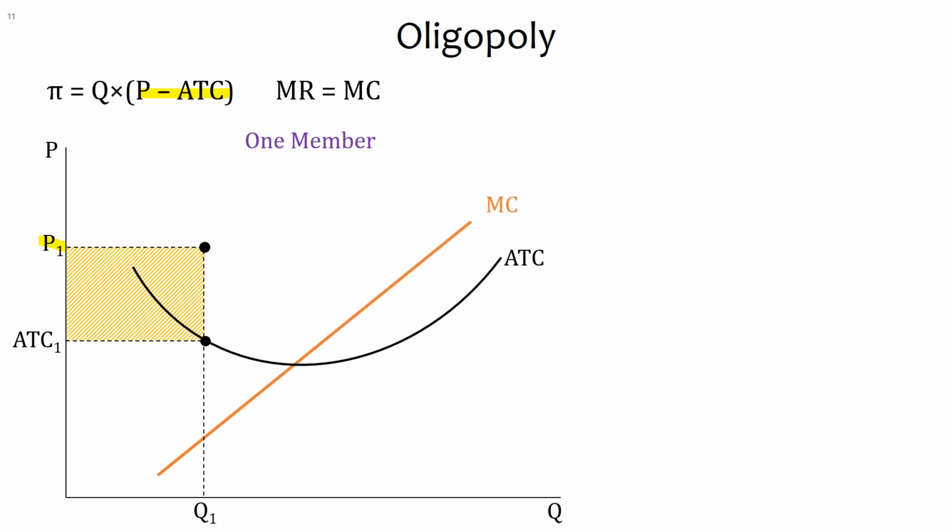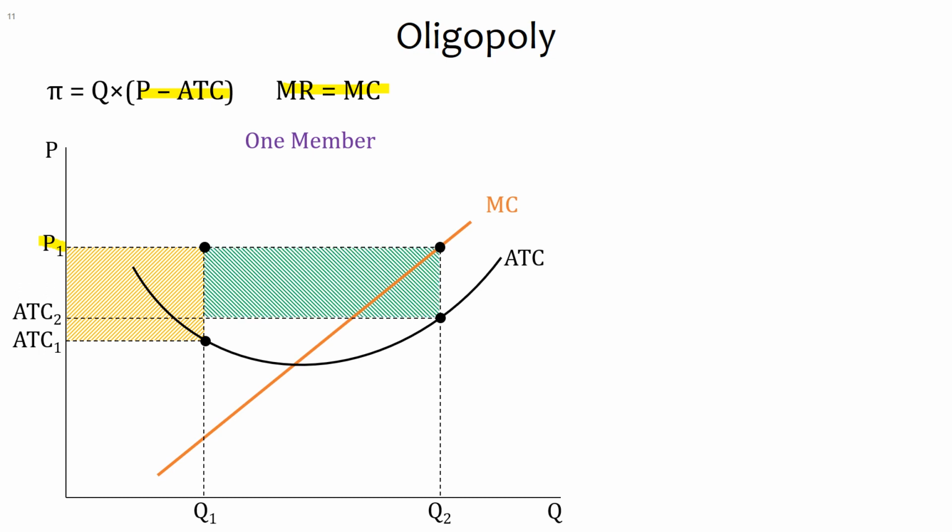So we need to draw our marginal cost curve and find the intersection of price with that curve. Okay, so that gives us a new quantity. That's going to be the profit maximization quantity for this firm. The profit maximization quantity is obtained from setting marginal revenue to marginal cost. In this case, marginal revenue is almost the same as the price. All right, and at that level, we have a new average total cost, which is ATC2,